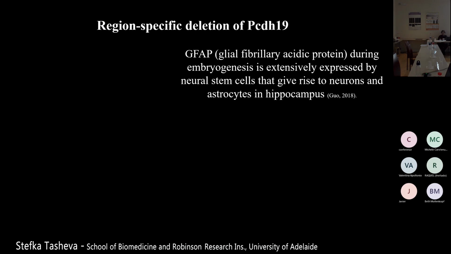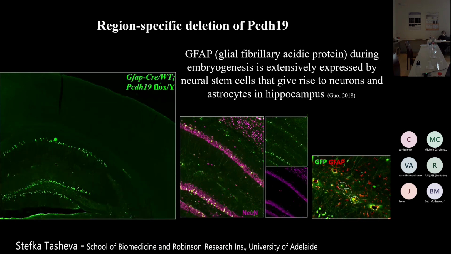So we decided to use this mouse line to silence PCDH19 in the hippocampus, first to see how that works. And as you can see here, after breeding PCDH19 flox with the GFAP-Cre mouse line, there is a restricted GFP expression